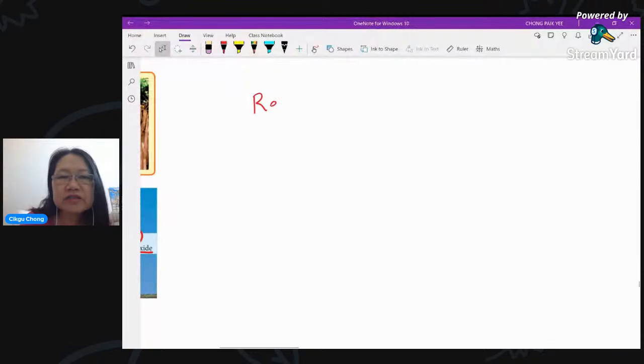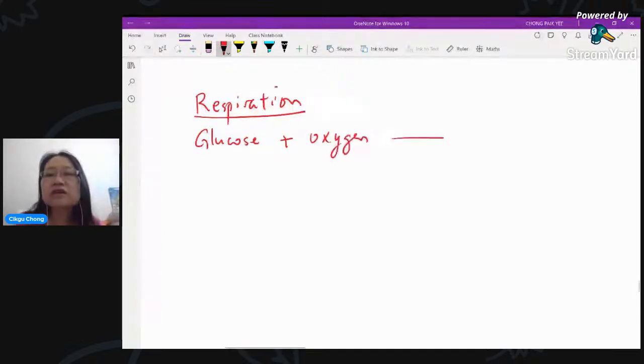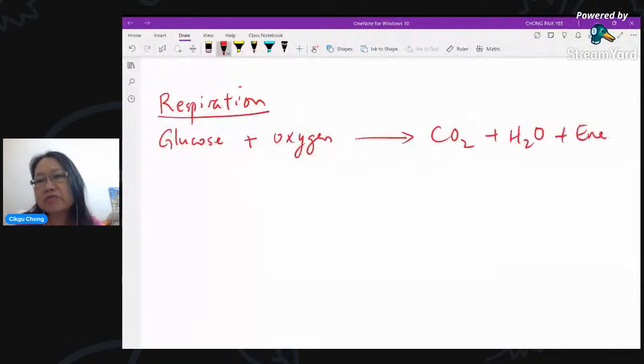Respiration is the process where glucose that enters your body cell through the blood, right? The blood passes the glucose to you, and it is oxidized by oxygen. So this is the reason why you need to breathe in oxygen. Why do you need oxygen? So glucose is oxidized by oxygen. That means there's a chemical reaction and it produces carbon dioxide, CO2 for short, okay? And water, H2O, and of course energy. This is the main reason why the cells want to do this process. This is called cellular respiration, which happens in the cell, which we cannot see. And that is the reason why we need to take in oxygen all the time.